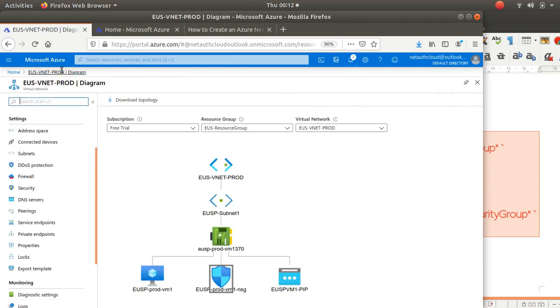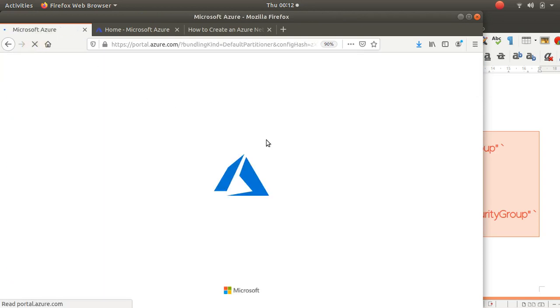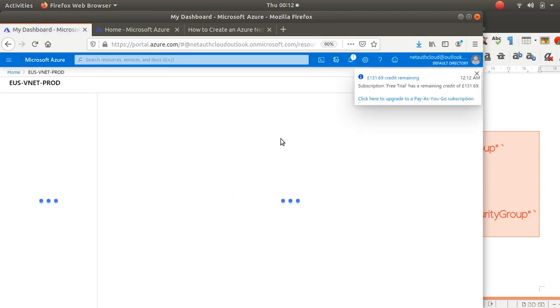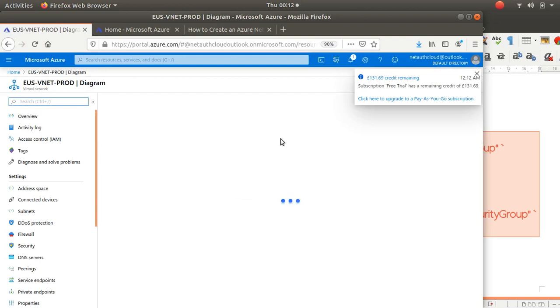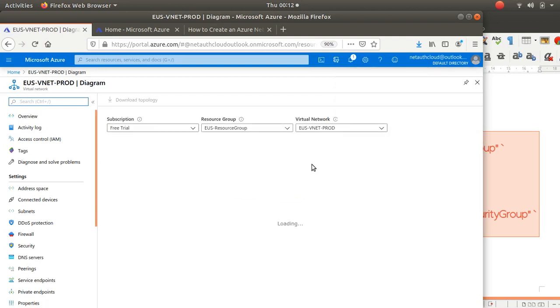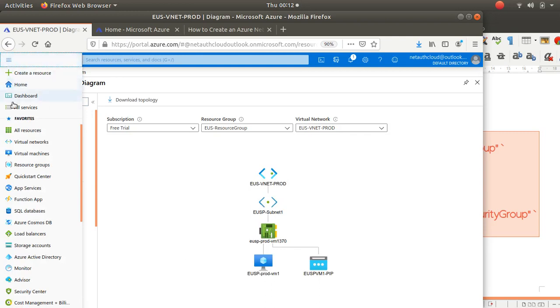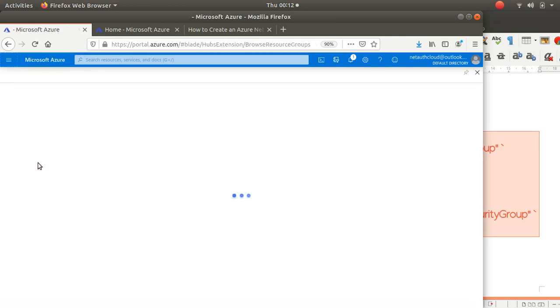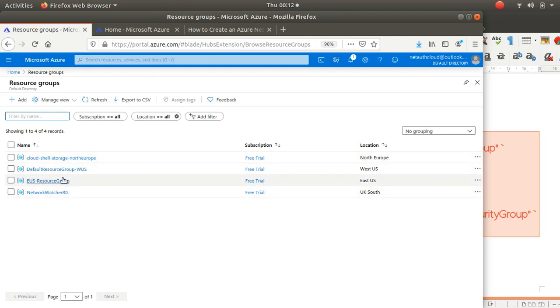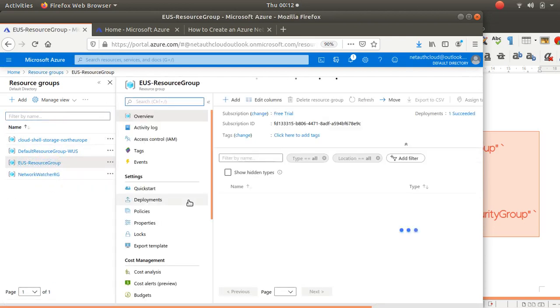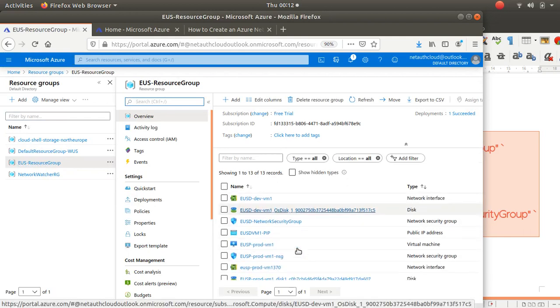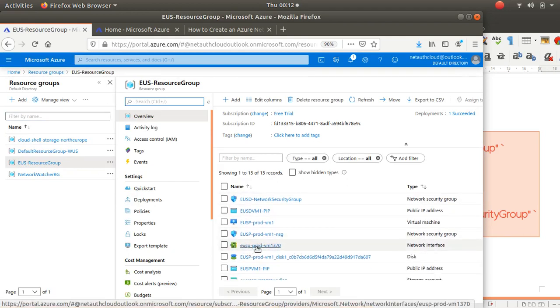So now when I go back to diagram again and refresh that, you see that my diagram will be okay here, but there is no NSG. But the NSG is over here when you go to your resource groups and you select your production resource group, which is the same resource group for all of them anyway. The NSG for production P, it's over here. I can click into that,